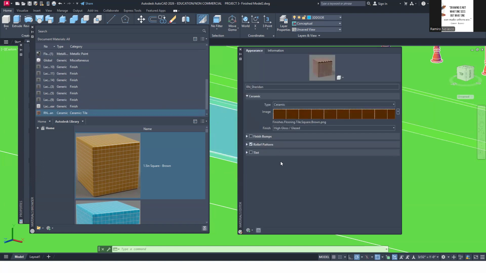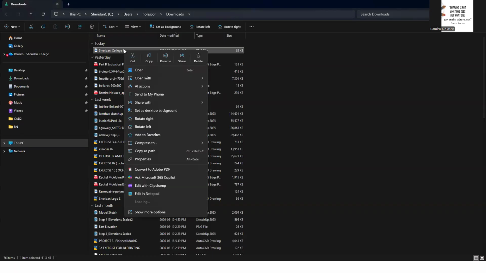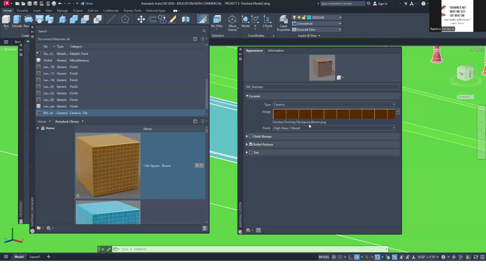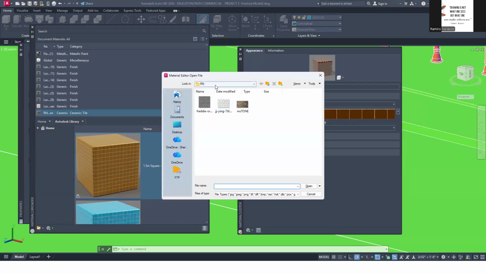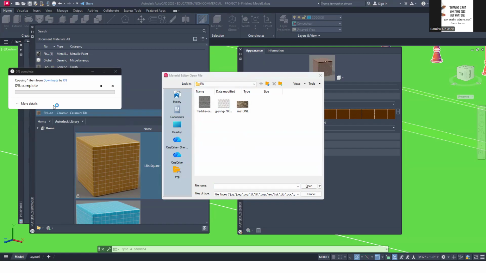Okay. So what do I want to do? I want to change the image, right? So, but first, you need to copy this, place it in your clipboard. So you say copy, okay, or Control C, and then you go here, click on the finished material, and then in your folder, you paste your Sheridan logo.